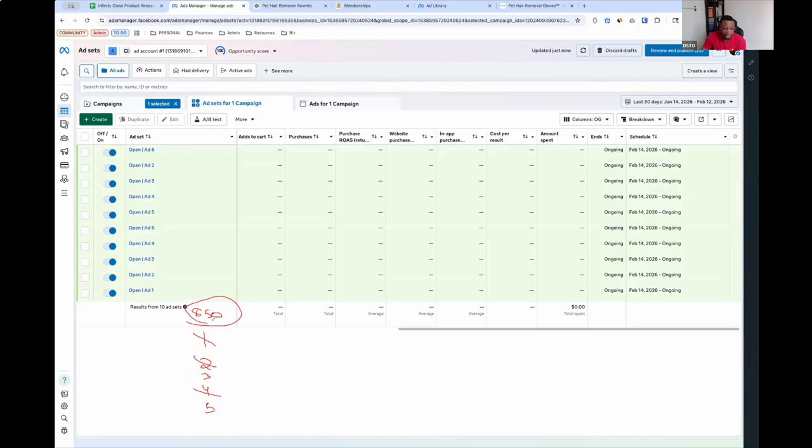The budget is still 50 a day, but now instead of going to 5, it's going to 2. So these are going to get more spin because you made cuts. When you make those cuts, it gives you some time to operate at that new spin, because it's getting more push, to see how to optimize it and how it performs. Now, if it operates well, the ROAS and the cost of purchase are still healthy, then you can go ahead